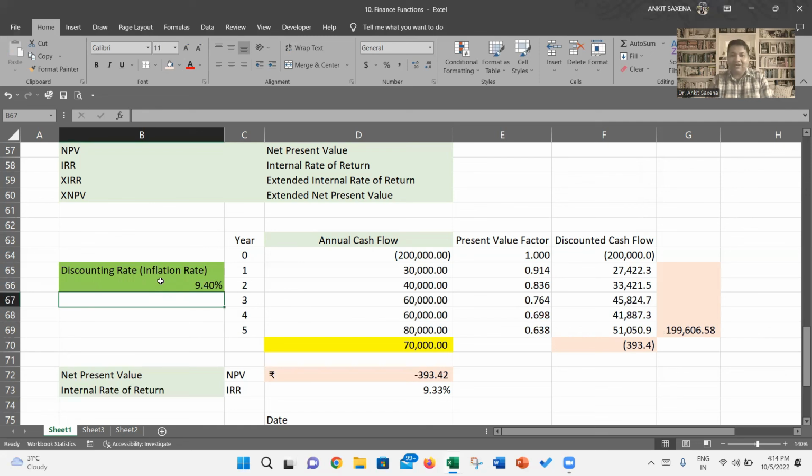IRR is basically that particular rate of return, which gives you a cutoff rate, which you can compare with the inflation rate. If the inflation rate is higher than the IRR, you'll get a negative value. If I make it 10%, you'll get further negative. If you keep on increasing it, your negative net present value will keep on increasing. Obviously, we don't want to select a project which has a negative net present value, because we are paying 2 lakh and we are getting less than what we are paying today. It's not a good idea to invest in this kind of project. So this is the concept of